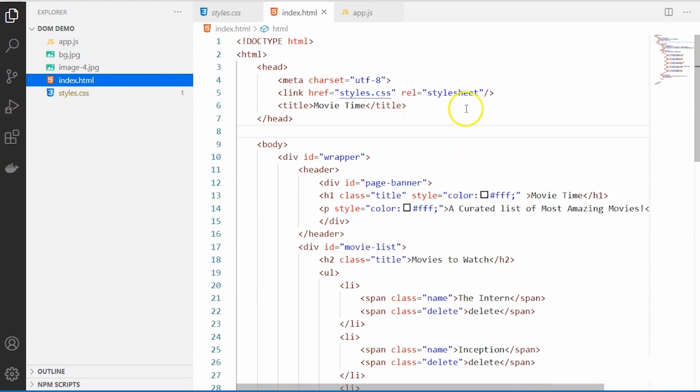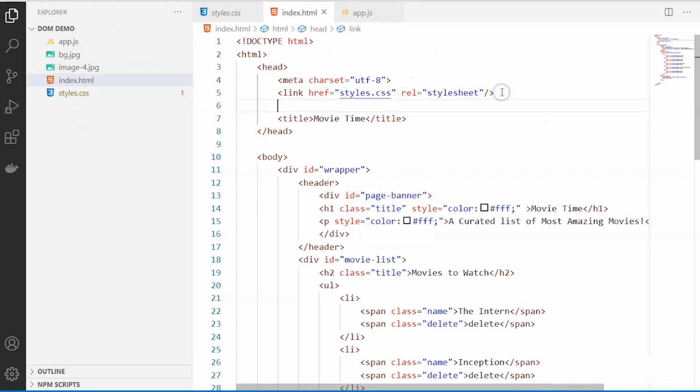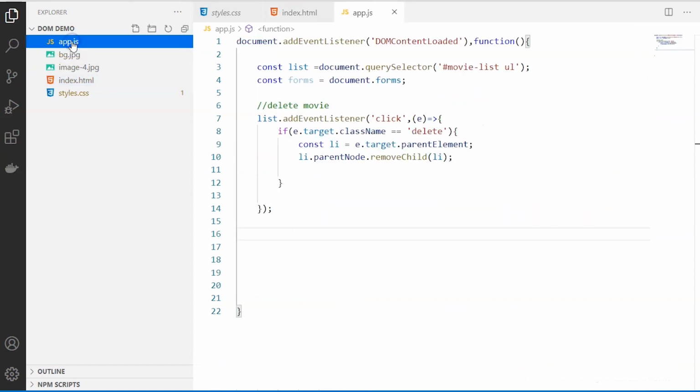Your index.html does not have this app.js linked yet. So let's add that. Here we'll be using script src is equal to, so this is my app.js, and let's include this one. Once you have included it, in my app.js, I have given the main DOMContentLoaded event. Underneath I have these different features included.